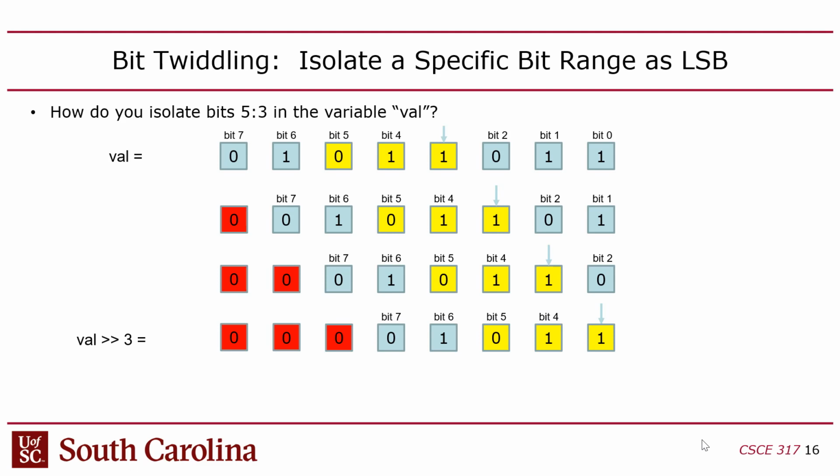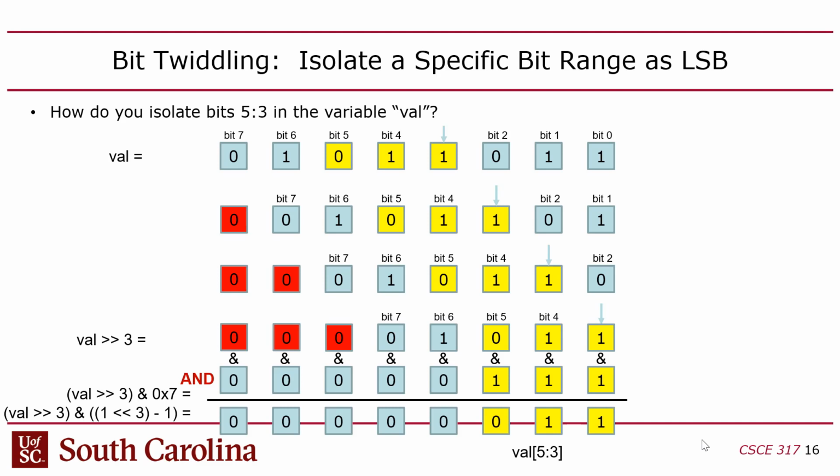So we shift by 3 bits to the right, which will adjust bit 3 to become bit 0, and it'll adjust bit 5 to become bit 2. So after this shift, bits 5 down to 3 will become bits 2 down to 0. And then all that's left to do is filter out all but the low order 3 bits, which you have to do with